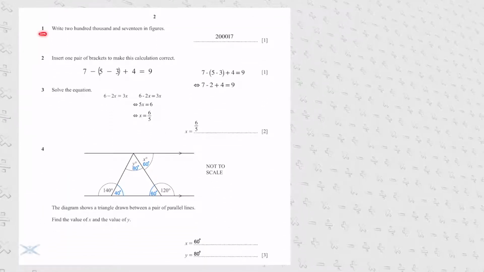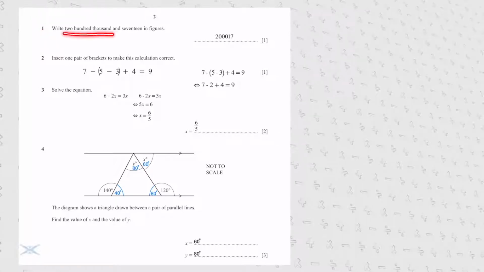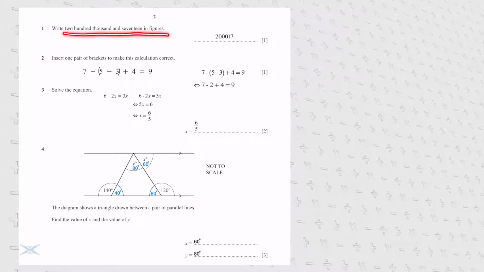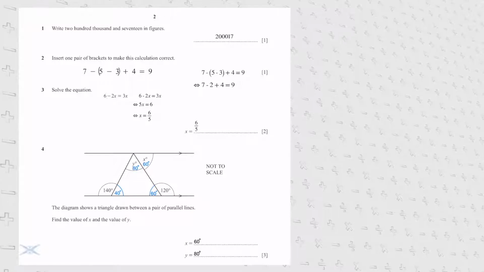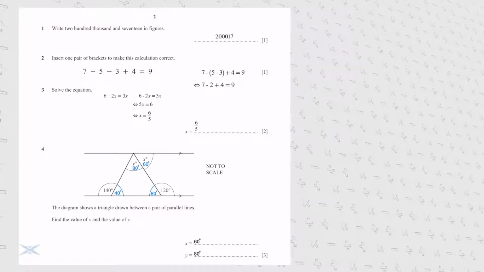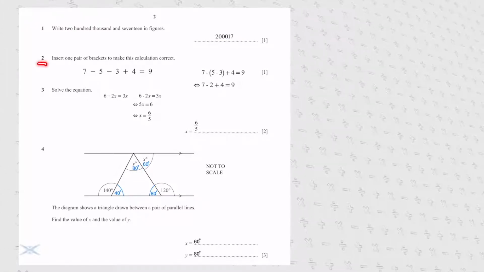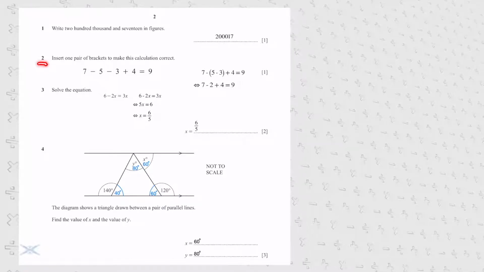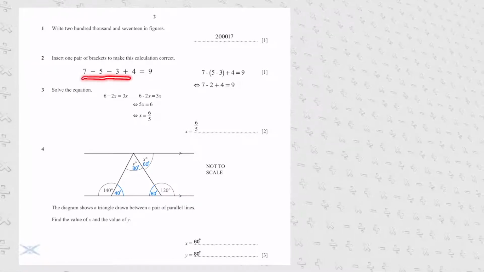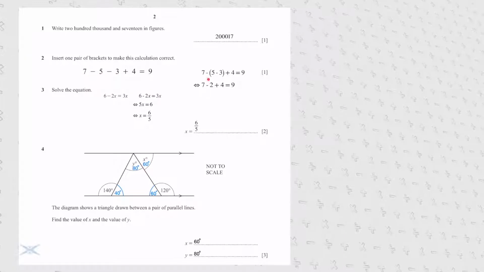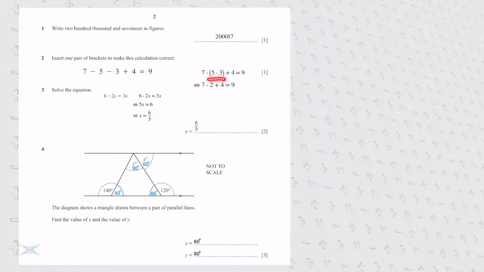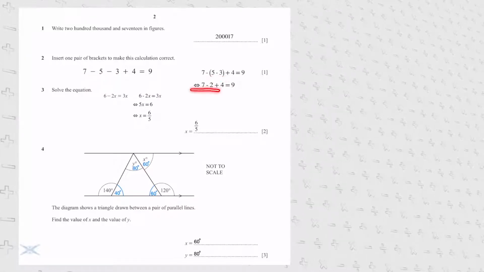Starting with exercise 1, which I believe doesn't require much explanation, there we just need to translate the word expression of this number into their corresponding digits. Moving on to exercise 2, insert one pair of brackets to make this calculation correct. The best way to describe the approach here would be trial and error. As we can see, if we were to put the brackets around 5 minus 3, consequentially we were to receive